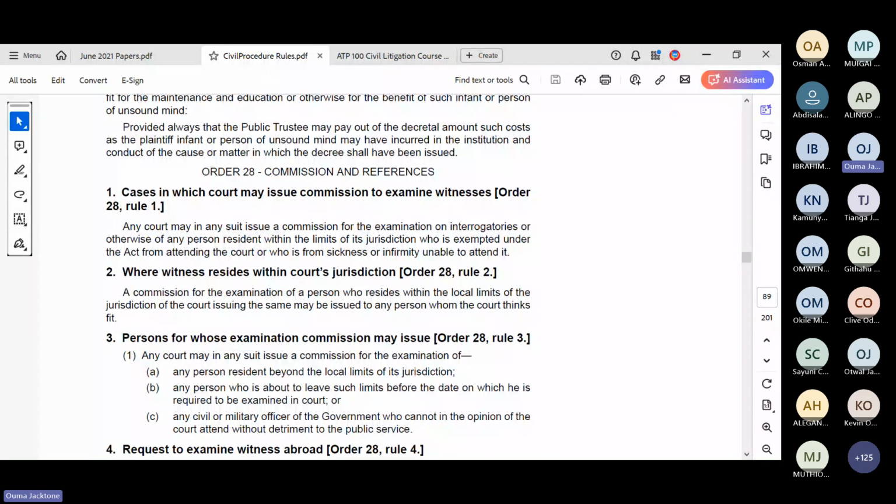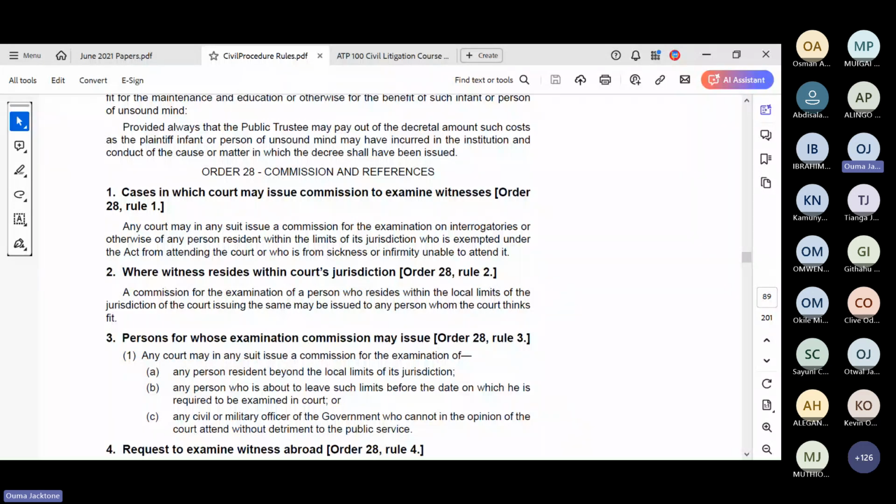When you are out of court and you can't come, we will not send anyone to you like, okay, court clerk, go and see that person and take their statement. No, we can only send someone who has been ordained to take a statement, and that person is called a commissioner. Okay, so when they come to you, they take your statement, and that statement that they have taken is deemed to have been taken under oath. Then they bring it back. Okay, so that is the first thing. So we will send the person to you. The person is called a commissioner.